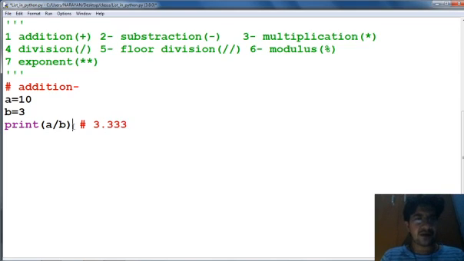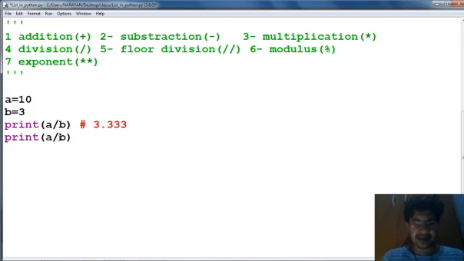Now if we are going to divide with floor division, suppose we have done the floor division. Now check the output.